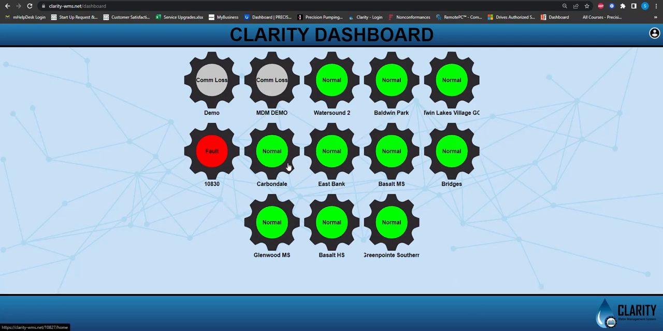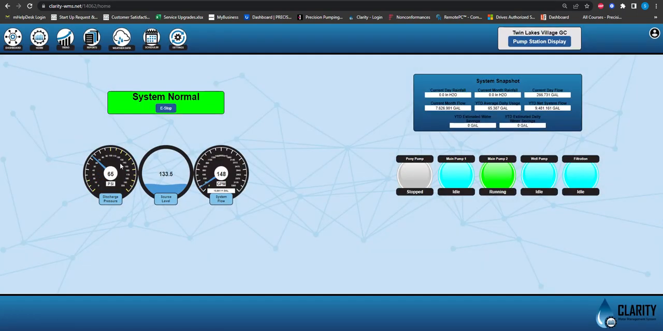So if I go into something like Twin Lakes Village, you'll see that system is normal. It's operating at 65 psi. Their water level is 133.5 inches. This water level in the bubble shows how much of their high level usage is in that system. So if they were closer to their high level, it would be up here, but right now they're on the lower end. You can also see that it's outputting 153 GPM,